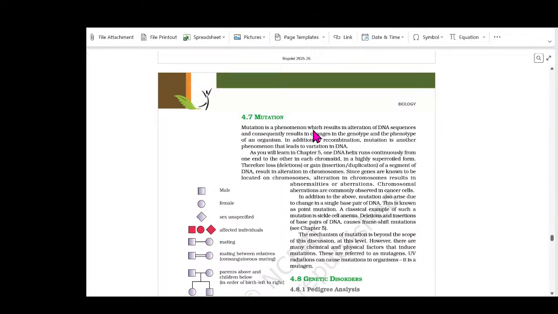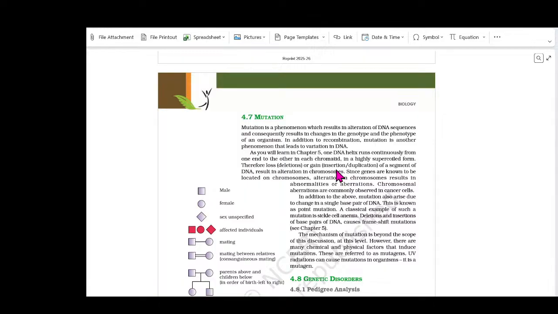Mutation is a phenomenon which results in alteration of DNA sequences and consequently results in changes in the genotype and the phenotype of an organism. In addition to recombination, mutation is another phenomenon that leads to variation in DNA. As you will learn in chapter 5, one DNA helix runs continuously from one end to the other in each chromatid. It is highly supercoiled, therefore loss or deletion, or gain due to insertion or duplication of a segment